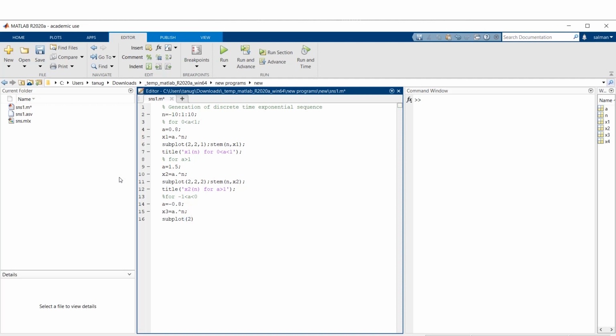So this is 2 rows, 2 columns, and this is my third graph, so 3, and this is stem. The x-axis is n and the y-axis is x3. Then the title for this graph is x3 of n for -1 less than a less than 0.